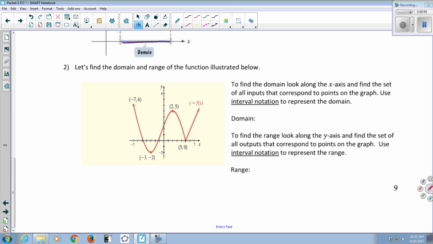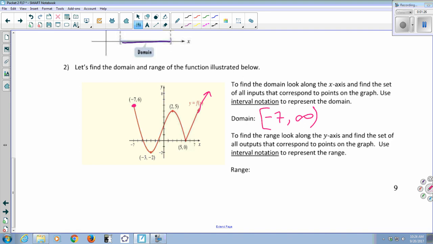Okay, so let's see, the smallest x value is here at -7. And then it looks like the graph continues to the right and up forever. So my domain is -7 to infinity. We never include the infinity, so you put an open bracket there. And then the -7, because this is a closed dot, -7 is part of the graph, so I put a